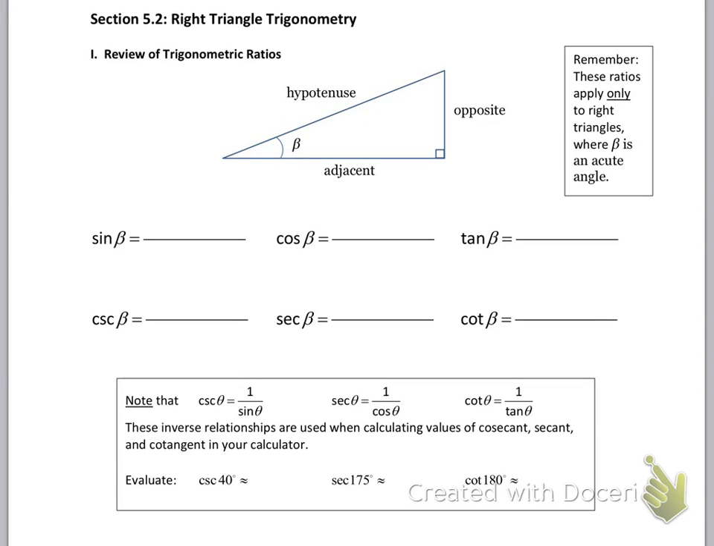Section 5.2, right triangle trigonometry. So the first thing we're going to do is review our trig ratios. So we know that we have opposite, adjacent, and a hypotenuse side. If you remember from geometry, SOHCAHTOA,